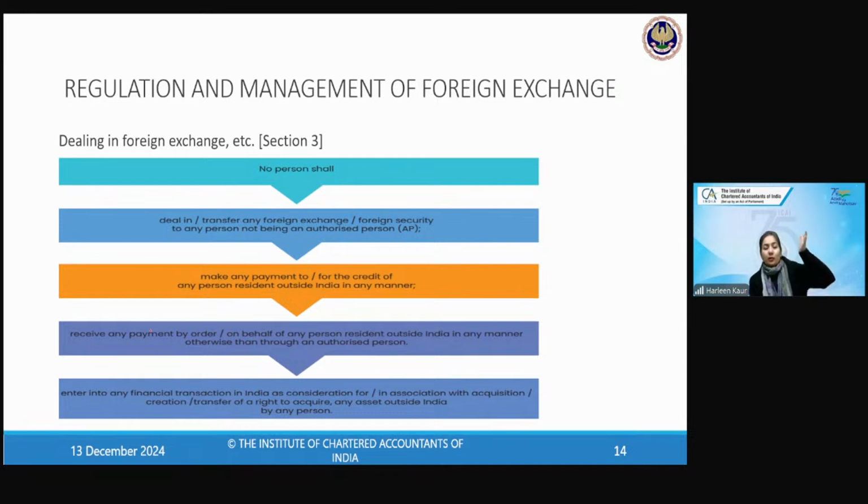So Dubai people have put up an exhibition over here in India, and now you want to make the payment to them. Dirham is the currency which is being used over there. So how will you make the payment? Will you make the payment in rupees? No, ma'am, we need dirham for that. So where will you go?